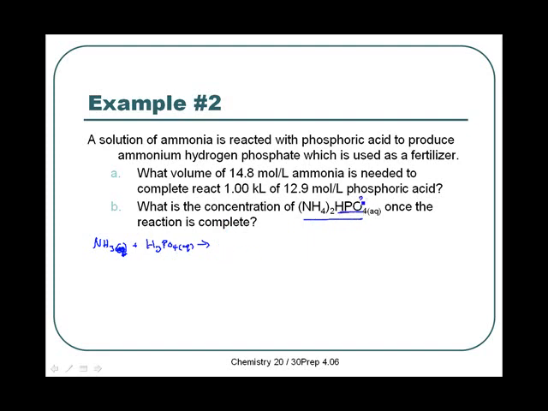Hydrogen phosphate is a 2 negative ion. Ammonium is a 1 plus ion. They're both on your table of polyatomic ions on your periodic table. So it is a compound we should be able to make. And so we're going to get (NH4)2HPO4 aqueous, and when we go to balance it, even though the hydrogens are the most common, there's 8 hydrogens